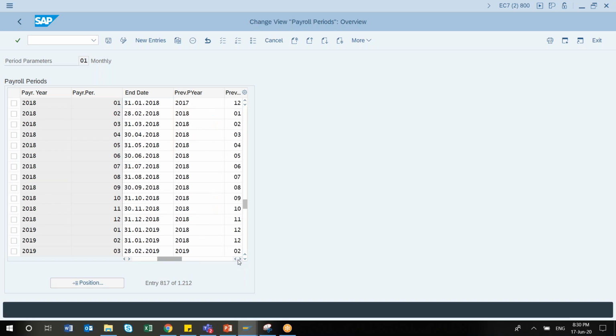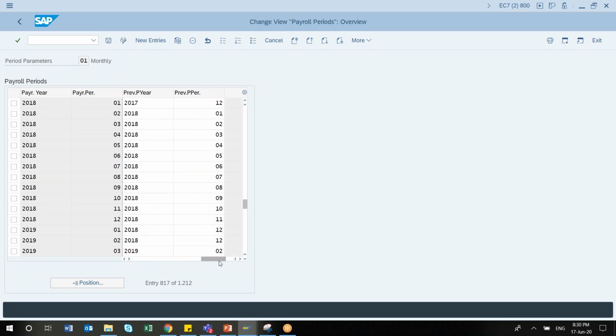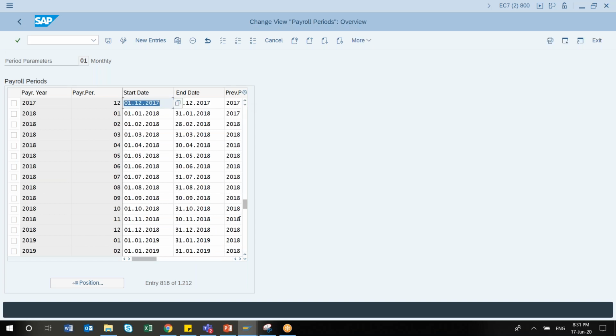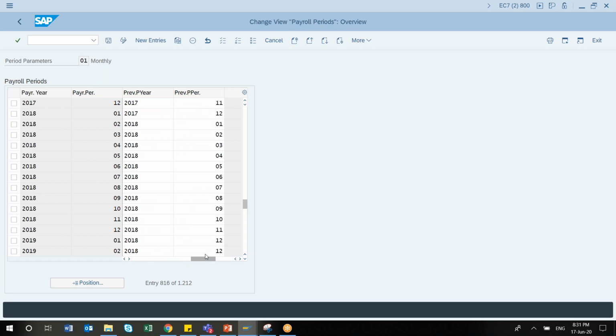I have defined 2019, and the first period of 2019, that is my previous payroll period. 11, 12, 11. Something is wrong here. In this also, the previous year is 18 and the current year is also 18.